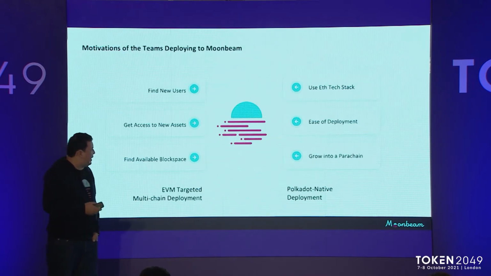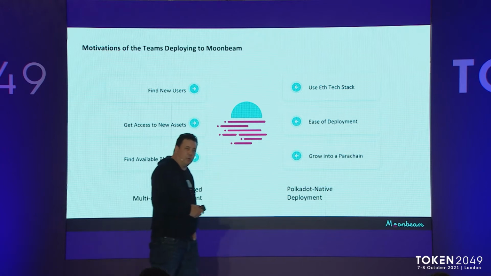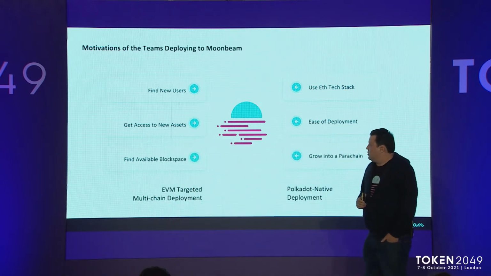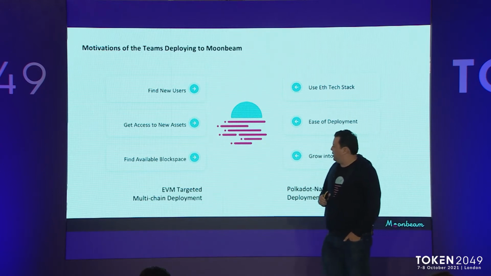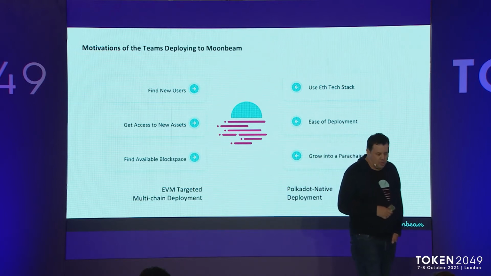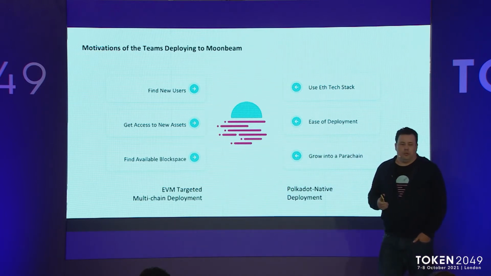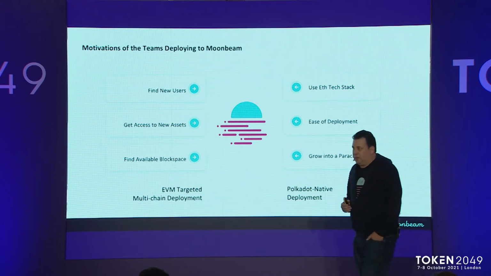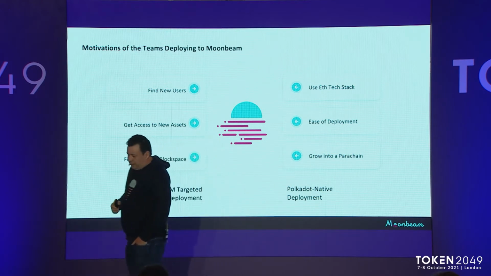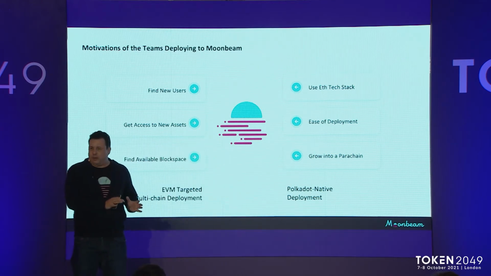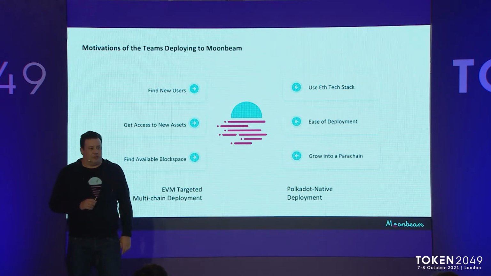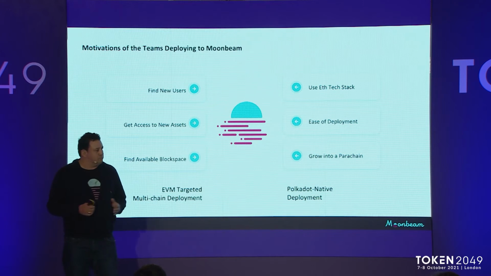If I divide the project teams into a couple categories, there's one way to divide them into two. We're working with a number of teams that are pursuing what I call a multi-chain expansion. That's pretty prevalent these days. To name a few, we've been working quite closely with the team at Sushi, as well as Cream Finance and Lido. They may have started on Ethereum originally, but all of them are in the process of expanding out to multiple chains. They see the world is moving into a multi-chain environment.